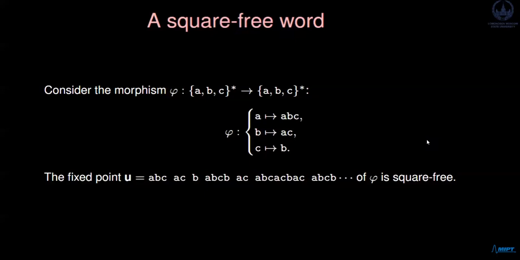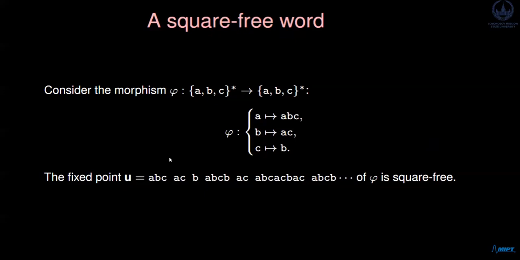Let's now look at an example of a square-free word generated by a morphism. Consider the morphism phi defined over the alphabet a, b, c with the following rules. Phi of a is abc, phi of b maps to ac, phi of c maps to b. Starting from the letter a, if we apply the morphism repeatedly, we generate a sequence of words. The fixed point of this morphism, that is, the infinite word that remains unchanged when the morphism is applied, is